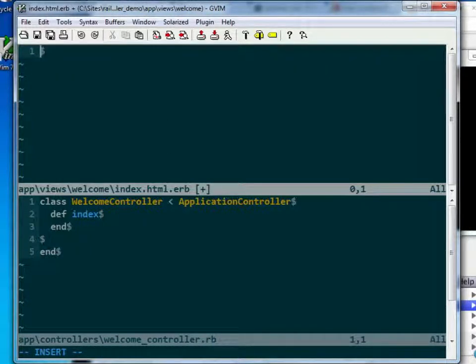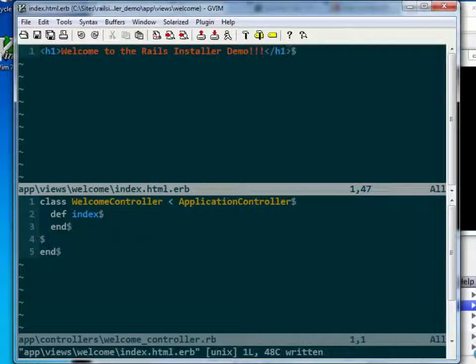Let's go ahead and change it to say, Welcome to the Rails Installer Demo. Save that file,